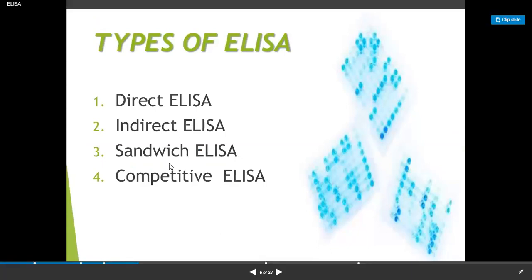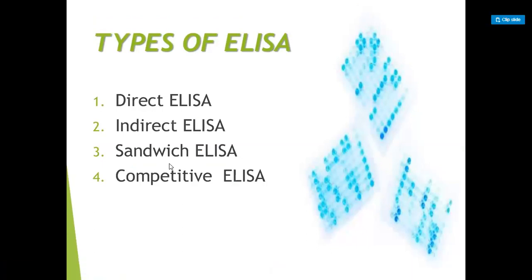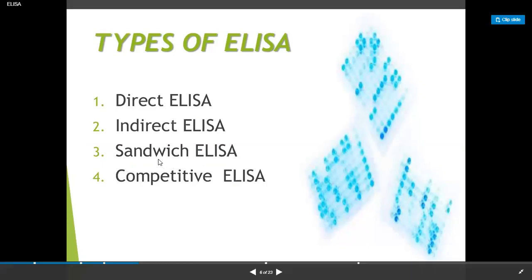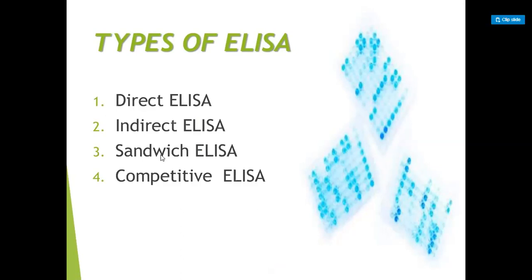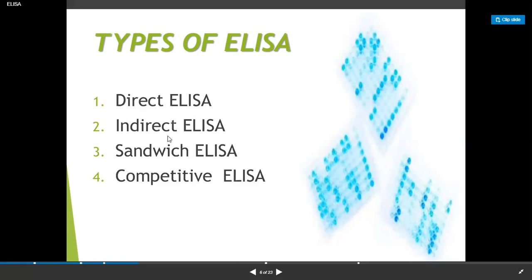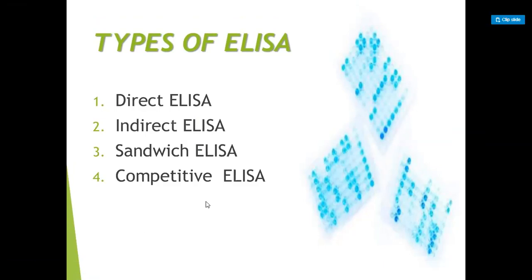As we have already discussed, ELISA is directly based on the binding of antigen and antibody. And in this ELISA test, enzymes play an important role. When the antigen and antibody have bound to each other, the enzymes tell us so, and there is a color which indicates that the antigen and antibody have bound. So based on this, direct ELISA, indirect ELISA, sandwich ELISA, and competitive ELISA are the types on which enzymes are bound.